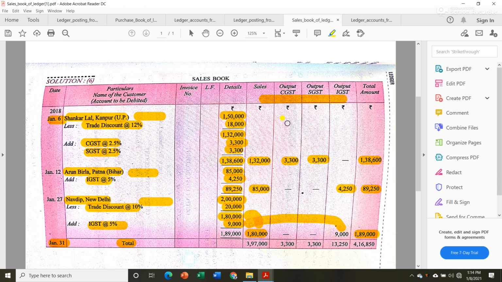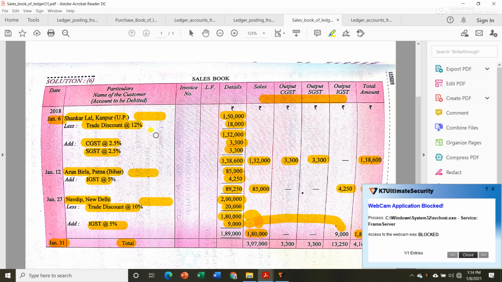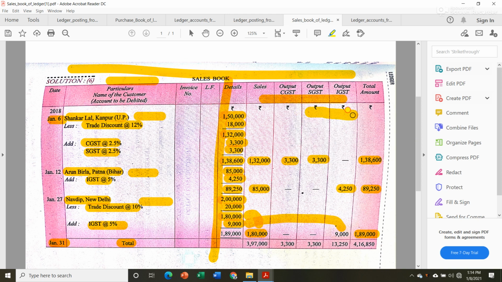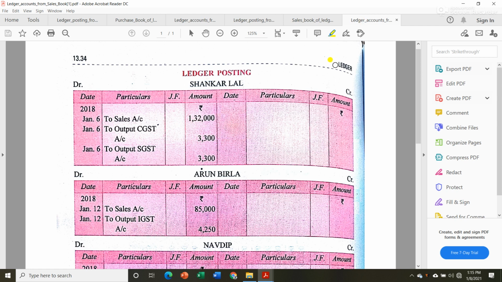In the purchase book we divided the book into 2 parts, debit and credit, and we saw that since the parties' names appear on the debit side, in the purchase book we wrote on the credit side. Since the sales book can be seen as the opposite of the purchase book, that rule will also get reversed. So here again we can divide the sales book into 2 parts, debit side and credit side. Now these 3 parties' names are appearing on the debit side. In the purchase book we used to record on the credit side, the opposite side, but in the sales book case we will write it on the debit side.